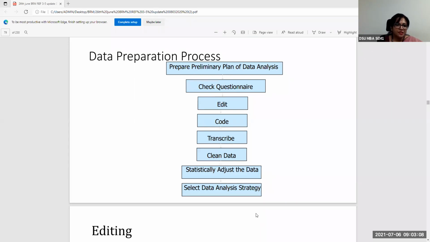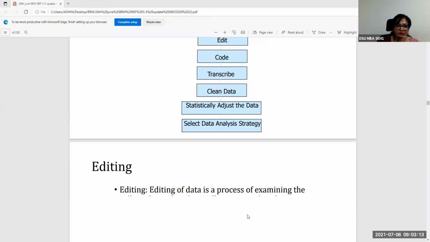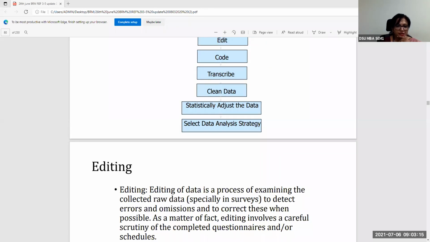So we discussed yesterday up to editing and coding. Once I open one of the Excel sheets, I will show you, if not today, in tomorrow's class, how you need to deal with any non-response that has happened in any of the fields, if there is any. Otherwise, I will use one of the dummy files that I have, or data collected from some other survey that I showed you yesterday. We will use such a sheet and see, if there is any kind of non-response or missing response, how you code that aspect also.